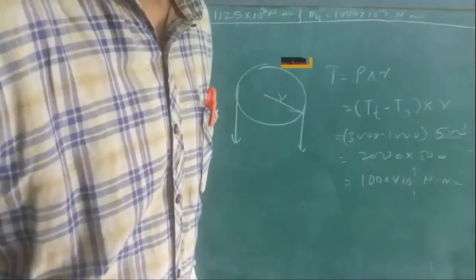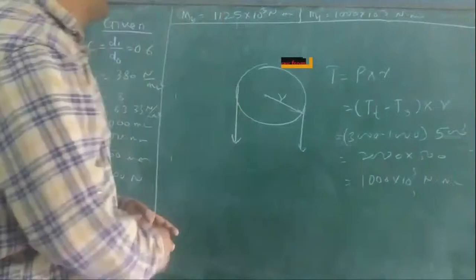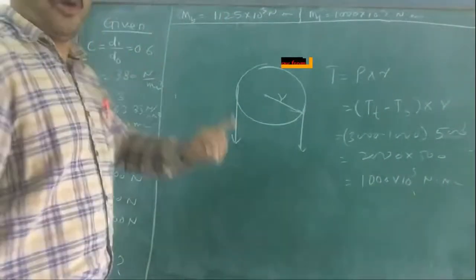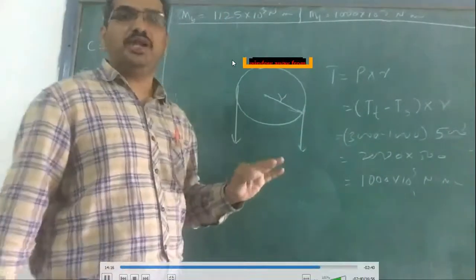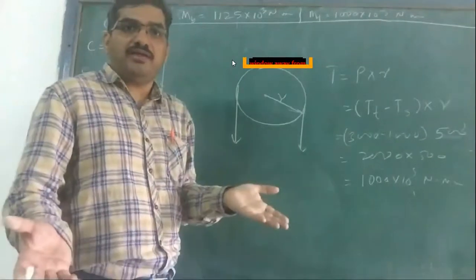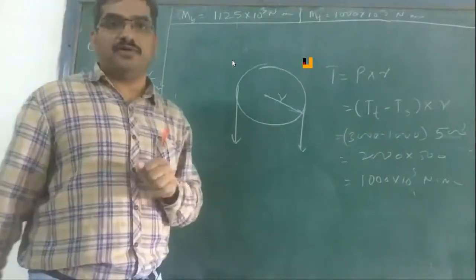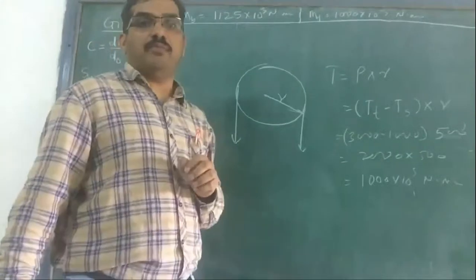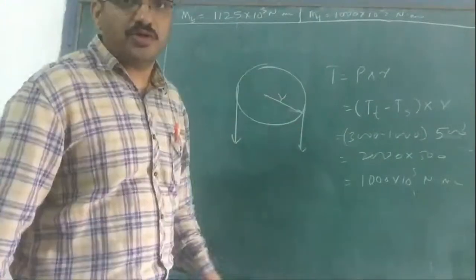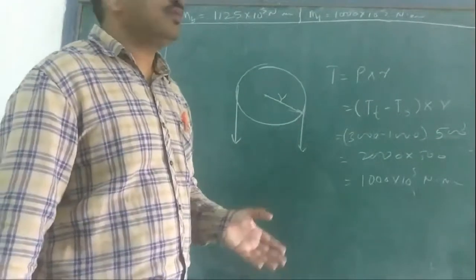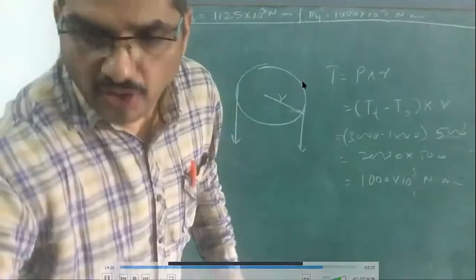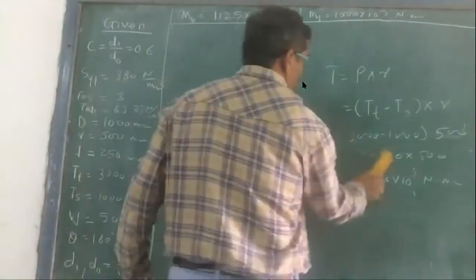Now we have all the information whatever we need. We need the allowable shear stress, the bending moment, and the twisting moment to find out the diameter, right? And the factor of inside diameter to outside diameter. We know we have all this information now. So now let's go to solving this problem.